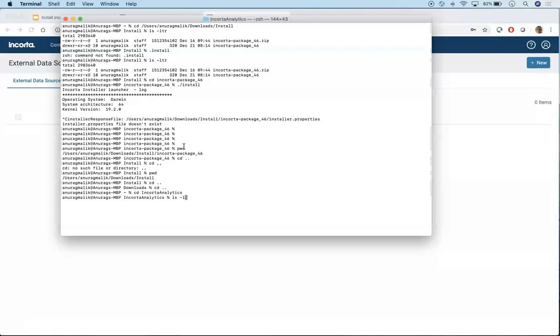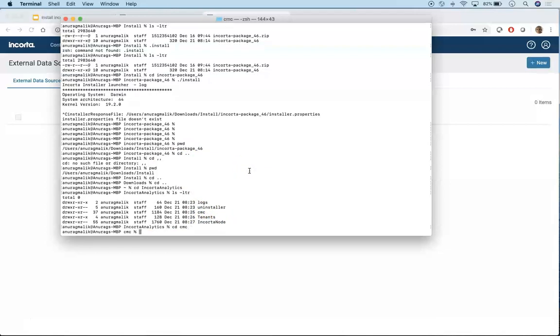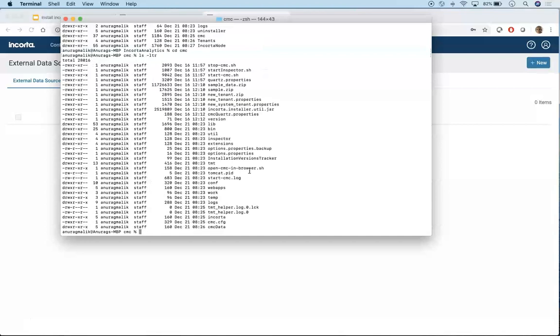Now here you will notice that there are two folders, Incorta node and CMC. Now right now CMC is running, right? So if you go to CMC, you will see the start CMC script. Now when you restart your laptop or you stop services, you can just run start CMC again to start CMC,